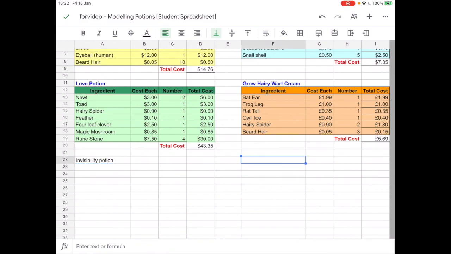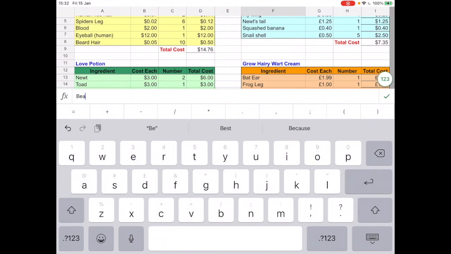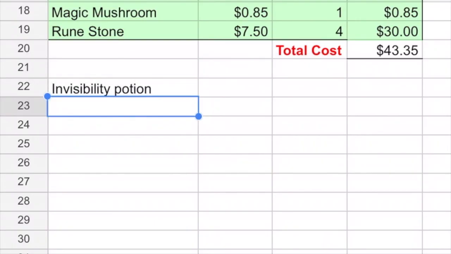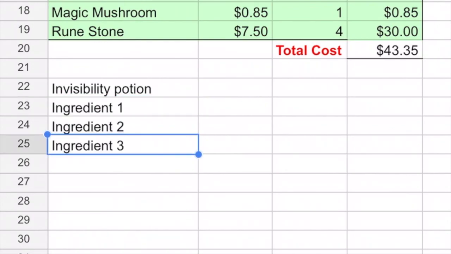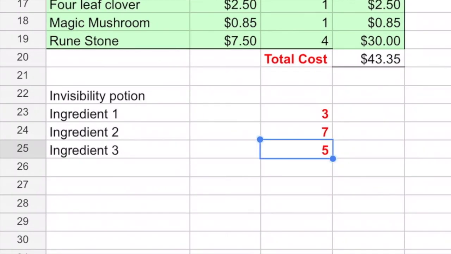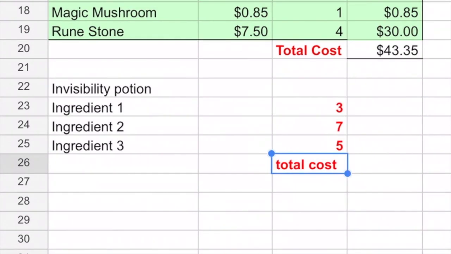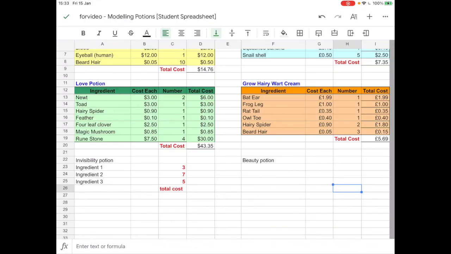So let's say this one is like a beauty potion over there. So you're going to have 3 ingredients. You're going to have what the cost is. You're going to bring that from the other page. You're going to make up the numbers, and then you're going to work out the cost, work out the total cost down here, and the same for your second potion over here. Okay,